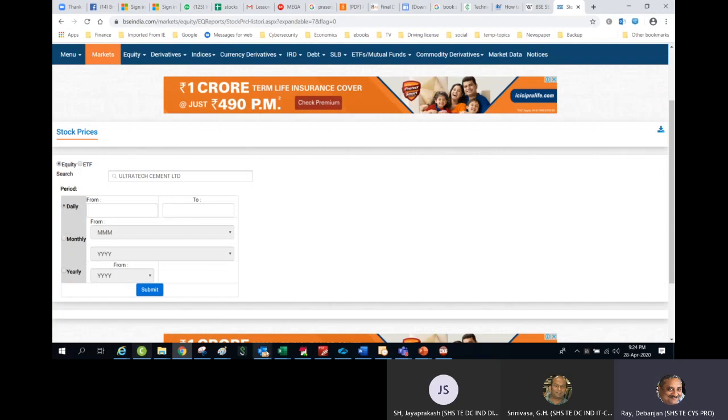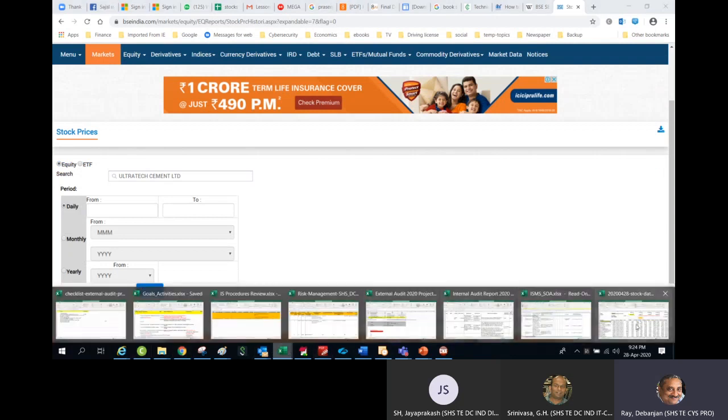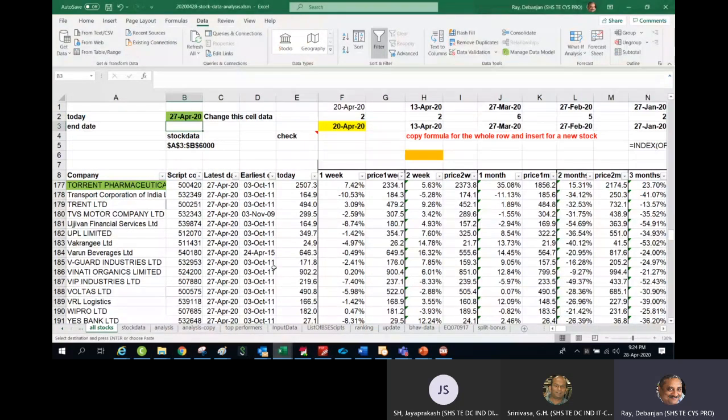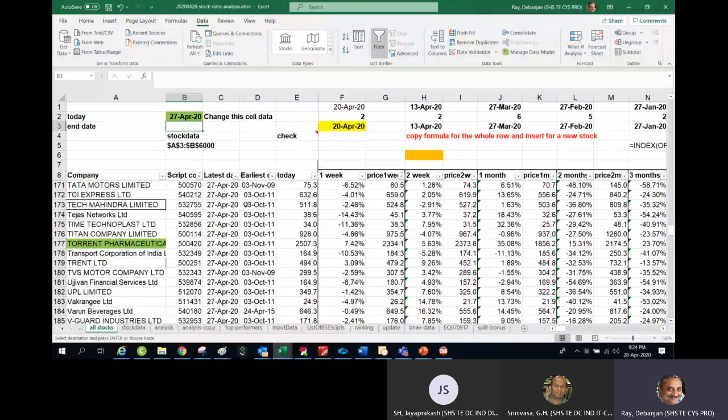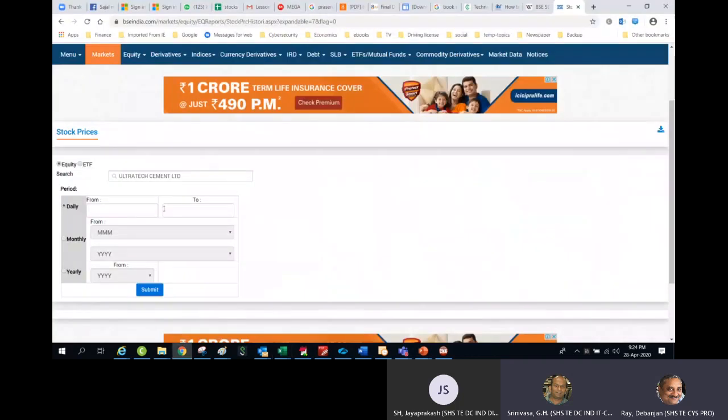Now I will import the data of the same date range. Generally, I have imported since 3rd October 2011, the first time I started, till today.